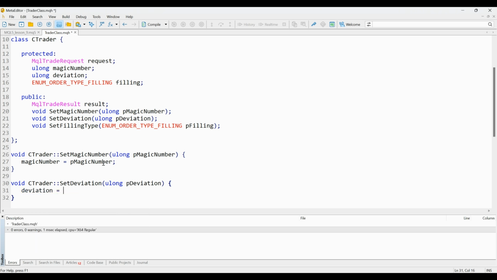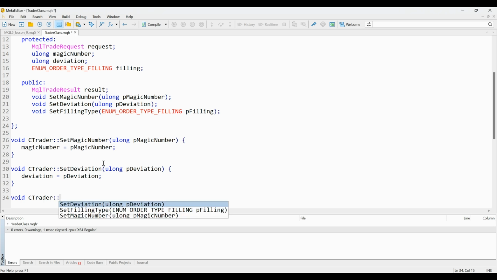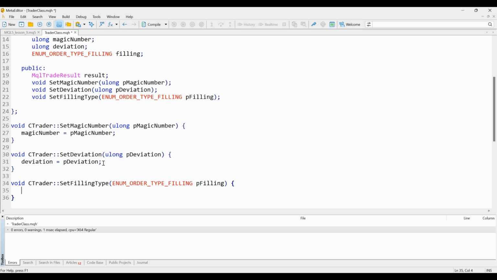And it might look a bit like we're being rather silly here, and this isn't making a lot of sense, but hopefully... why isn't that coming in? There we go, p deviation. You'll see how these are used when we go to implement these classes within our expert advisor. So we're just setting these now,